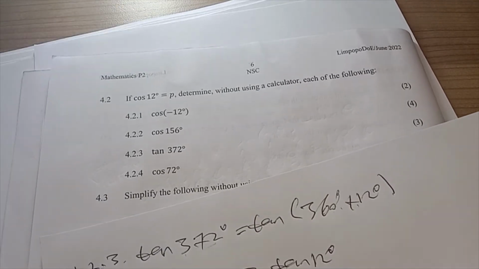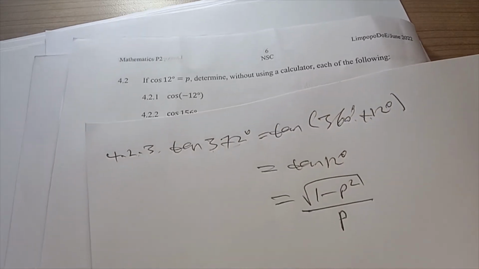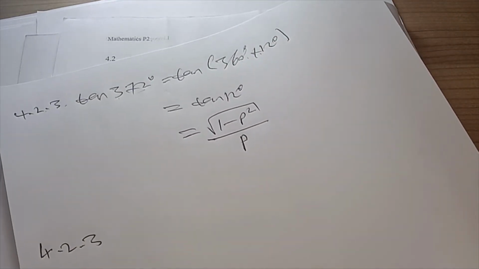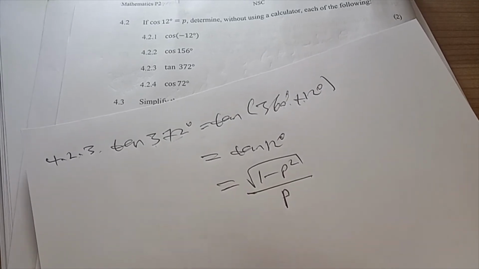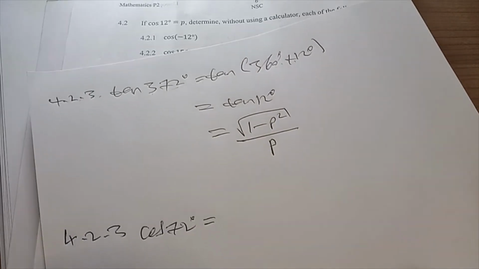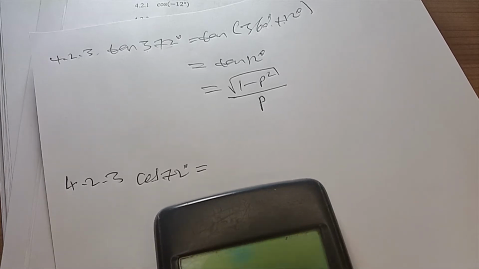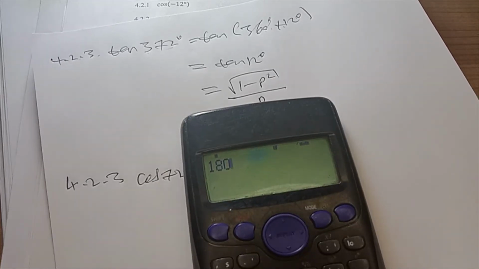And then let's go to 4.2.3. I'm sorry for that. With 4.2.3 we are having the cos of 72 degrees. We are still going to try the quadrants there. Let me start with 180. I would say 180 degrees, subtracting the 78,